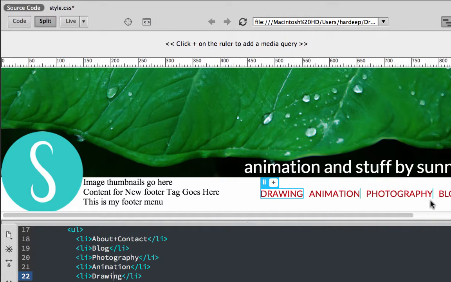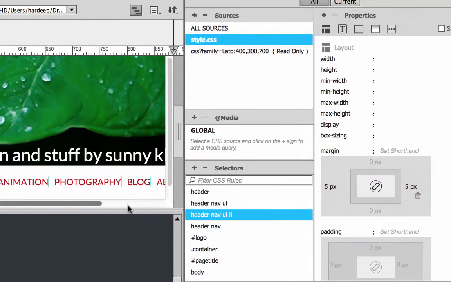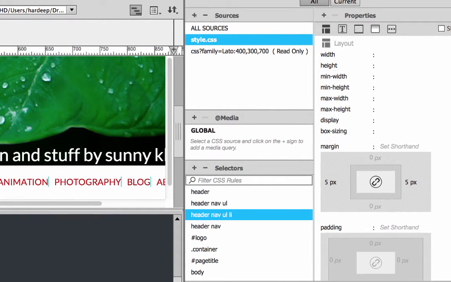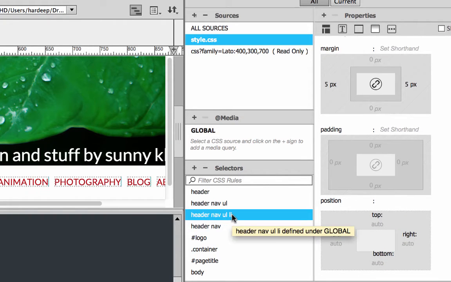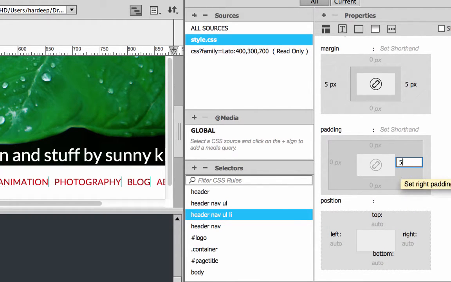So as you can see, in live view I can see the actual fonts that I'm using, but again, the right side border is stuck to the text. So I'm going to add some padding on the right side to my list items. So with 5 pixels of padding, I get a little bit of space. Let's add a little more.